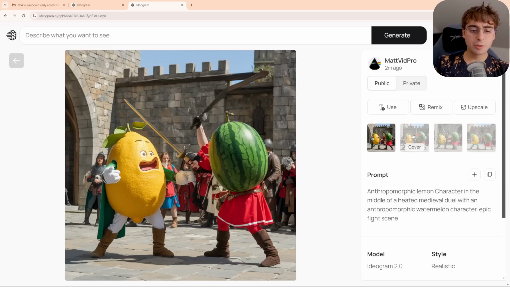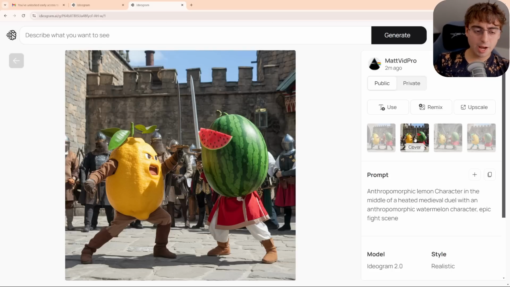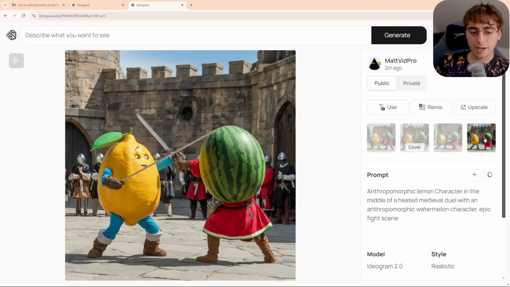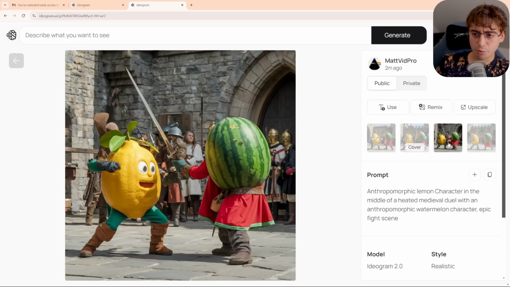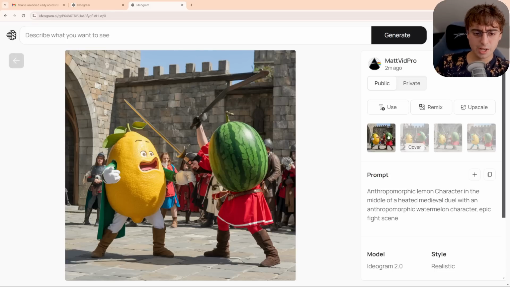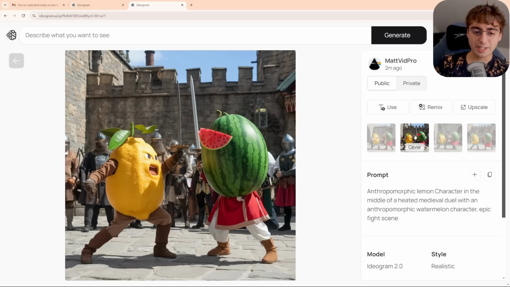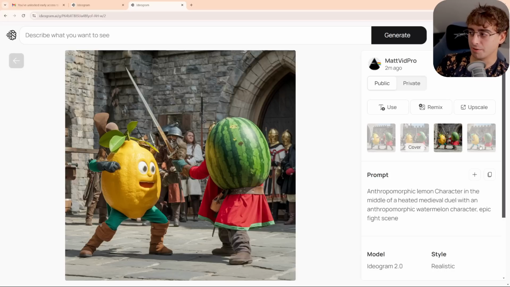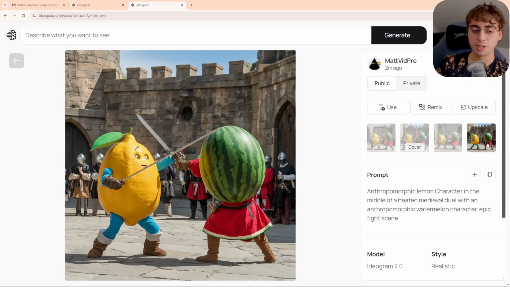Then we can move on to the realism model, which seems to have at least lighting and overall imagery that resembles more of a real photograph, although I will say general is still mighty realistic. Not a huge difference between this realism model and the general model. I think if you're going for a fantasy portrait or something like that, obviously this model is going to give you something that looks a lot more like a real photo versus some digital art.